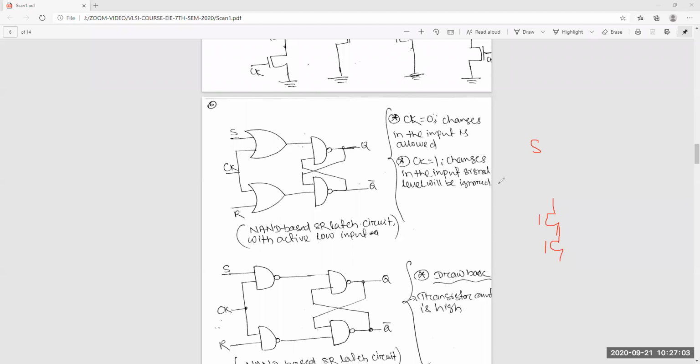For the top one I'm saying this is S and this is clock, and this is nothing but your Q bar. So this is for this part. Then you will get duality: 2 parallel, this clock, and 1 series.